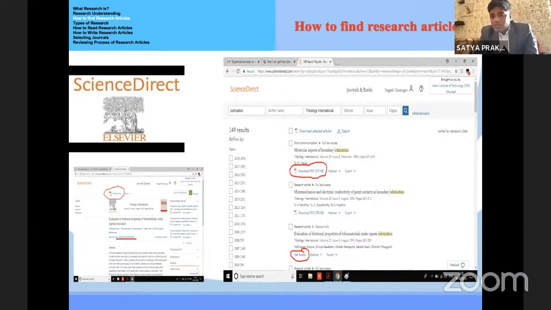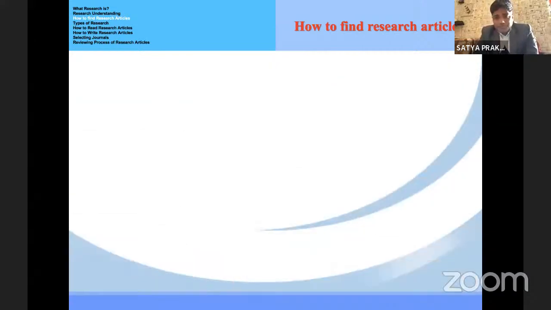There are two types of journal content in Science Direct. One is open access and the other is subscription mode. If there is a download option, it is open access, and the other is subscription mode. Subscription mode articles cannot be downloaded by the normal public. They are paid articles. Later on, we will discuss how to download these articles from different sites for the subscription mode of Science Direct papers.